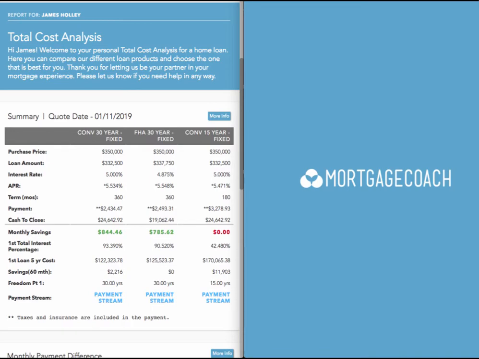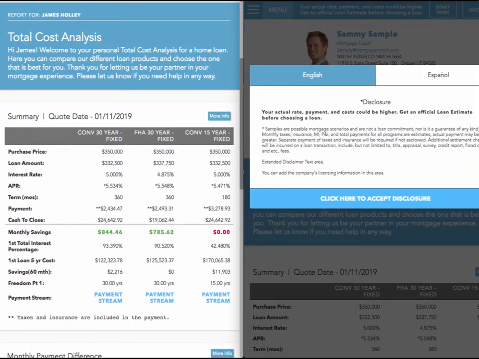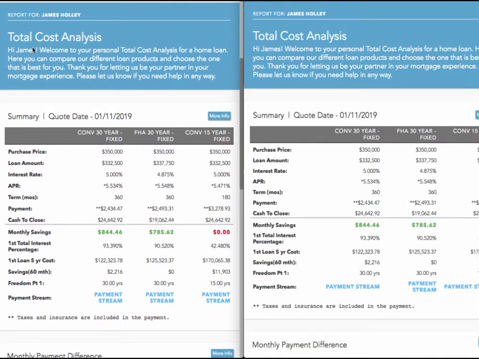To the right is our borrower. Once you send the total cost analysis to your consumers and they click on the link, every disclosure must be read and accepted. Once your borrower agrees and accepts the terms, you now have the ability to start educating. To the left is the loan officer's view, which he or she now has the ability to start highlighting in